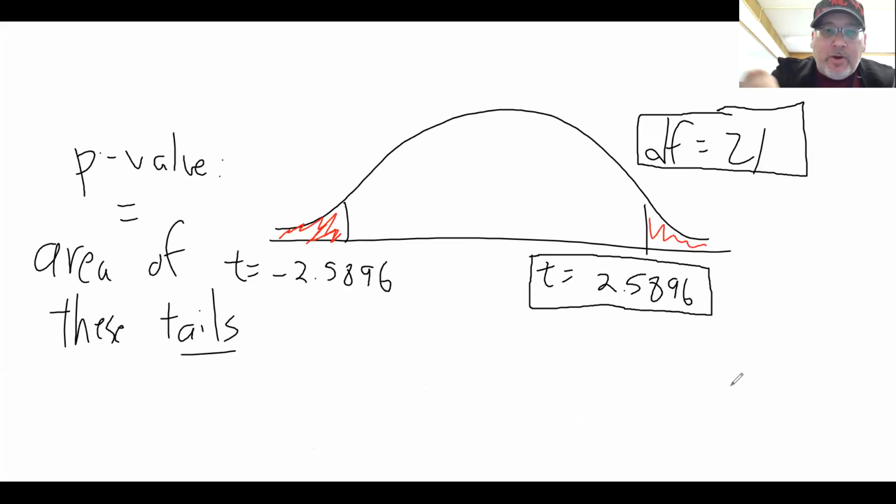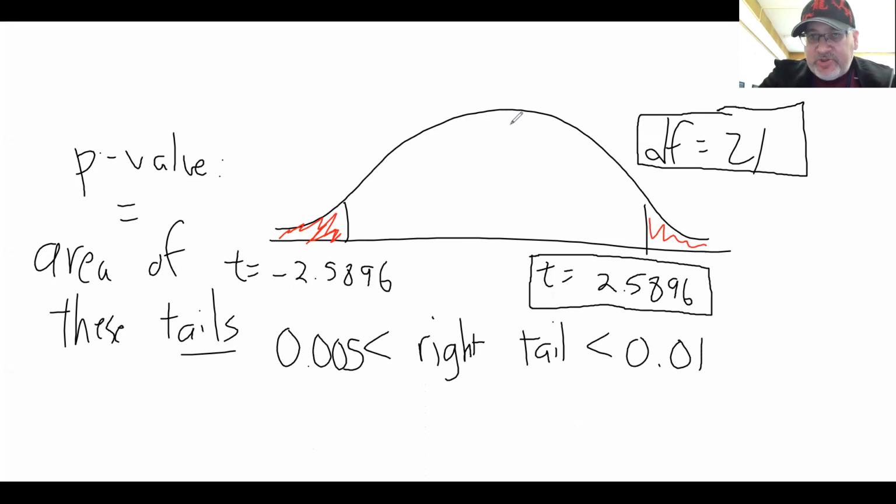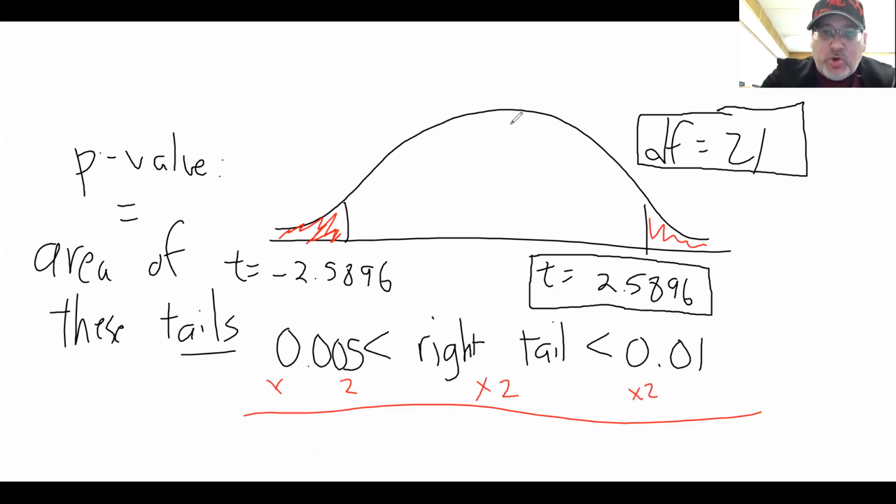We know that the right tail area is more than 0.5%, but less than 1%, based on our t-chart. So what does that mean about our p-value? Well, our p-value is the area of both tails, but the tails are the same. So all we have to do to get the p-value is multiply everything by 2. And if we multiply everything by 2, that means that our p-value,